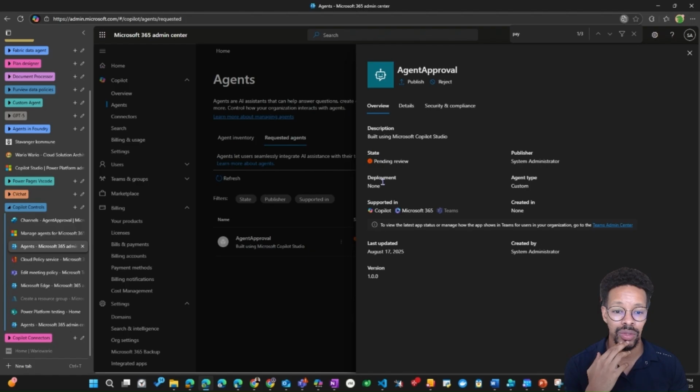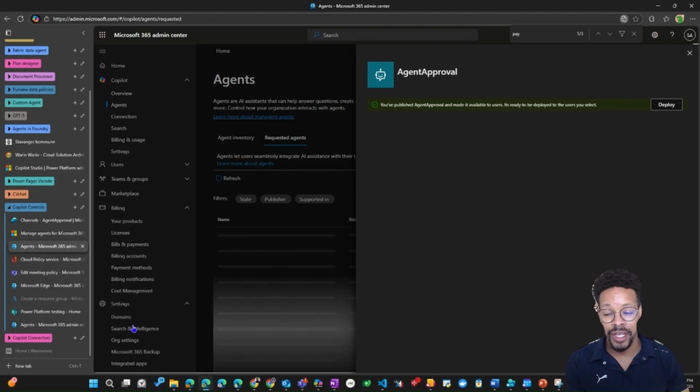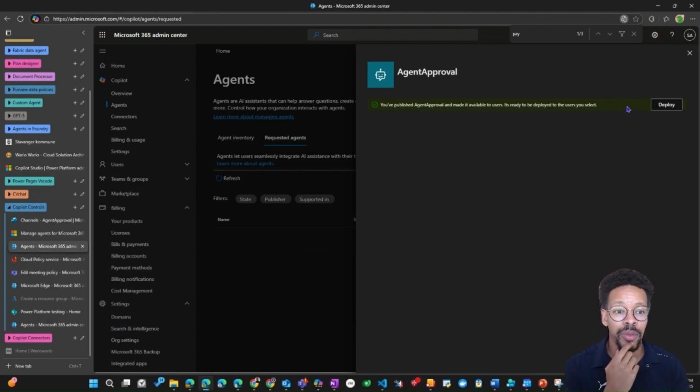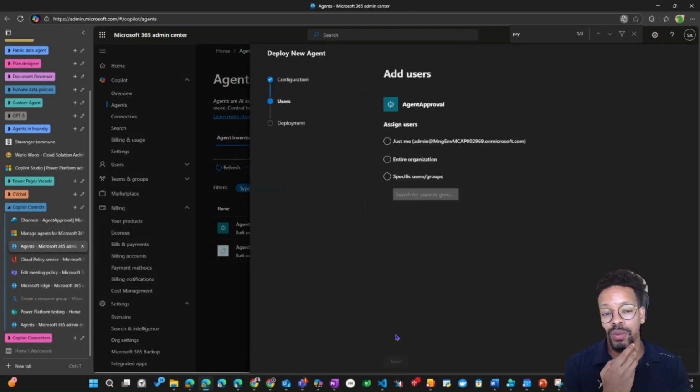So let's go back to overview, and it's available for Copilot, M365, and Teams. I will publish this, or you can reject. So let's see, publish for everyone, and it will be published for everyone. But if you want to do this from the integrated app section, you can also do it from there. You publish it, then you deploy it